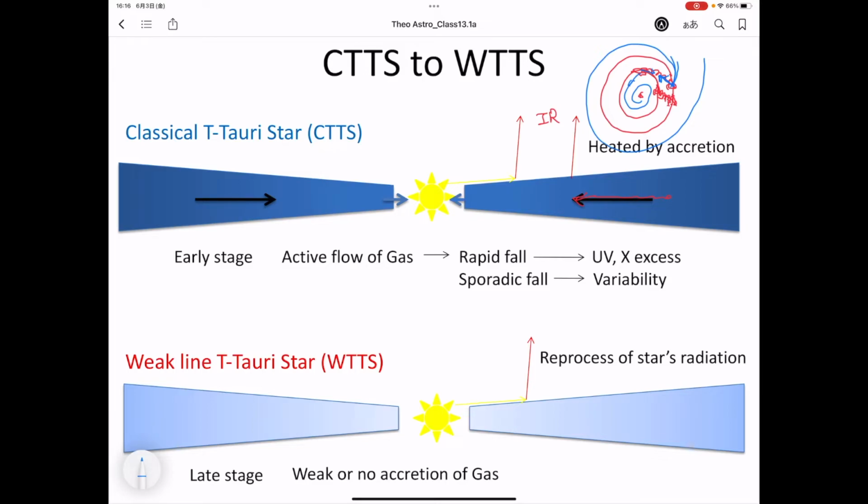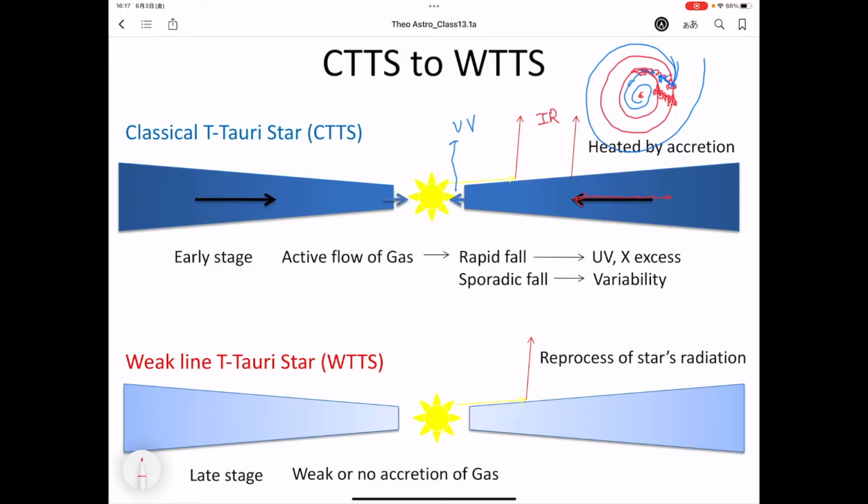So gravitational potential becomes steeper very close to the protostars. Then for the gas molecule falling to the protostars from the inner edge of the accretion disk, UV might be emitted. Sometimes brightness is increasing, sometimes it is going to be dark. So the change of the brightness of a star can be explained by the sporadic fall of the gas onto the